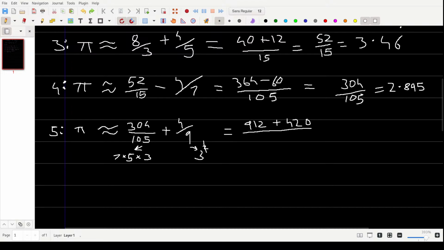So you did this times this. Can you do that? I don't know. You need to find a common denominator between these. So you can't multiply. 9 is not a factor of this, but they do have a common factor, which is 3. And yeah. If you were just multiplying these two, you would have to multiply 105 by 9, which would be